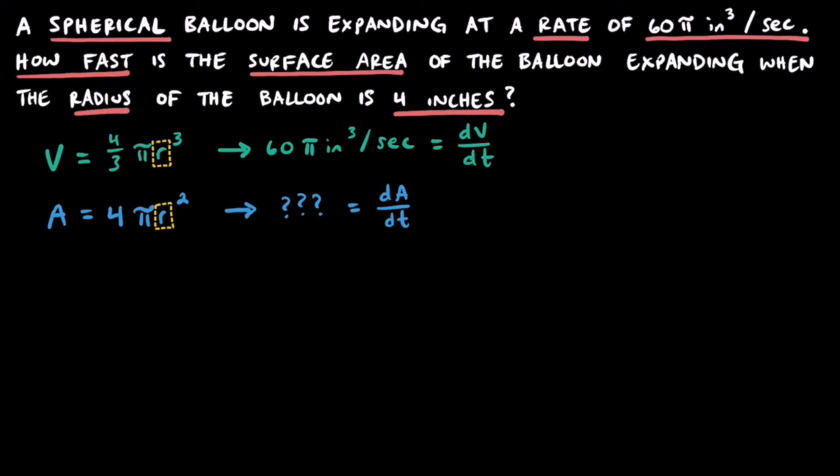Now that we've organized the information that we're given, we really have two equations that we could choose from to get started. Since we don't know this rate of change for the surface area, I think it makes more sense to start with this top equation dealing with the volume. Starting off with volume, let's take the derivative of this equation with respect to t. When we do so, we're going to get